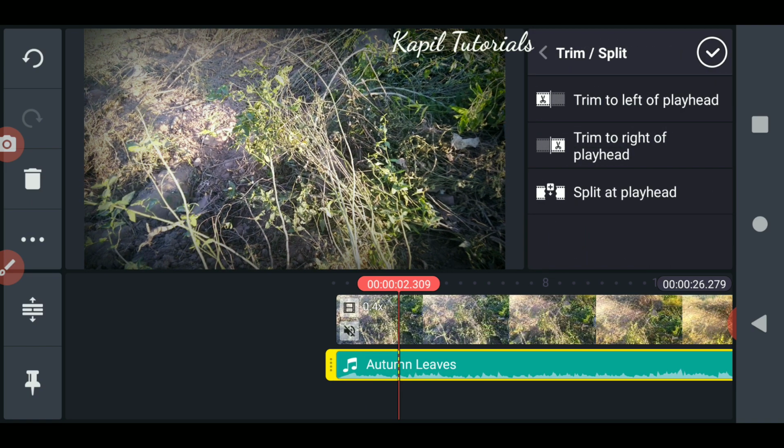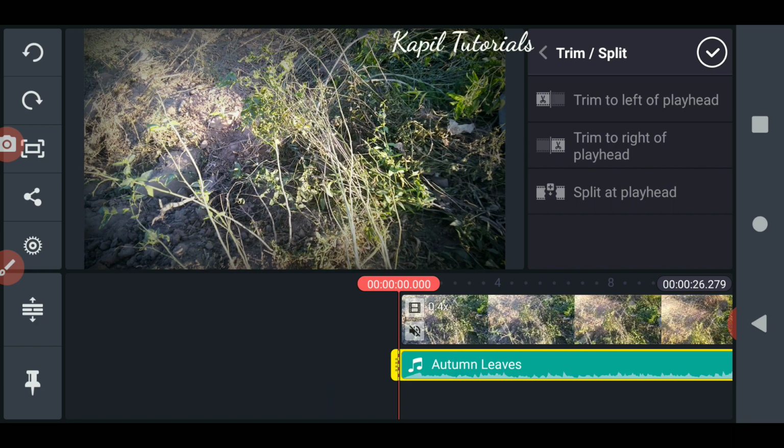Trim to the left of the playhead means if you want to cut from between, three options are there. If I click trim to the left of the playhead, it has deleted the audio. I don't want to delete, I just did this for demo purposes, so I'll undo the command.